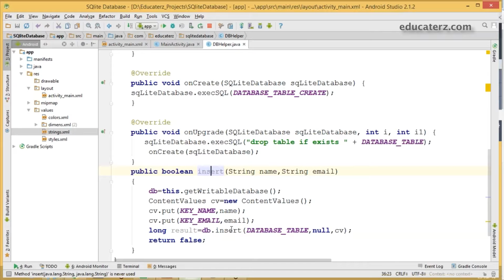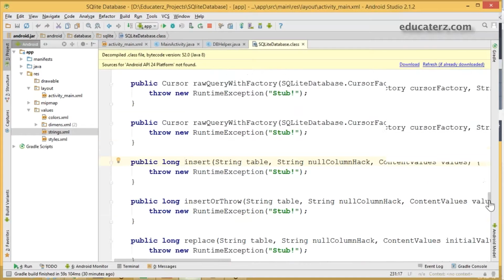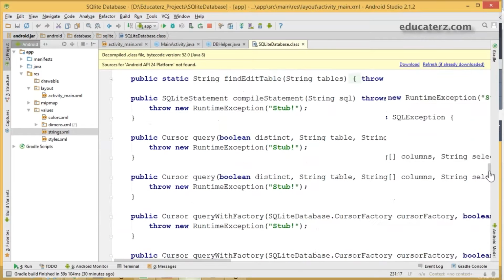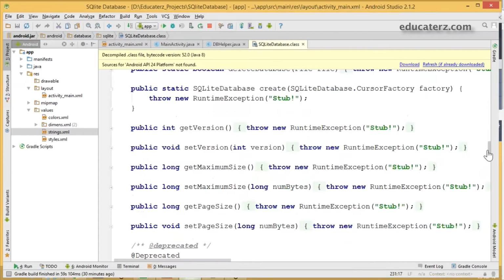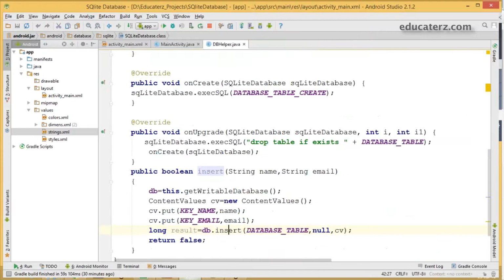That's not opening actually. So it will return -1 if the data is not inserted. If it is inserted, it will show you true. So -1 is false. You can go through that class and find it out. Now we'll check a small condition.